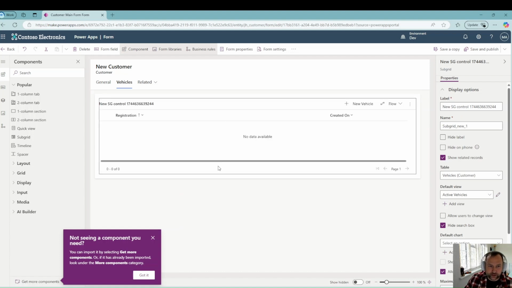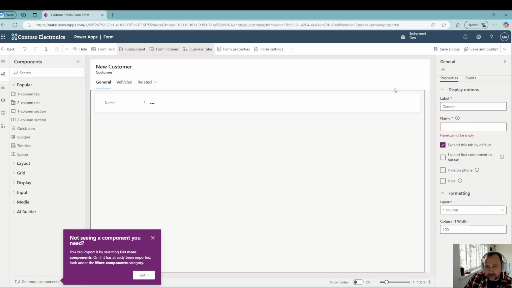Okay, so this is a subgrid. There's no data in there, so we can't see it. It's also got this subgrid label. I don't want to see that. It's no good to anybody. You can change it, but again, the tab name does enough. So we're going to hide the label. That's fantastic. We're going to flick back to the general tab. Again, you can rename it if you wish. So we can call it